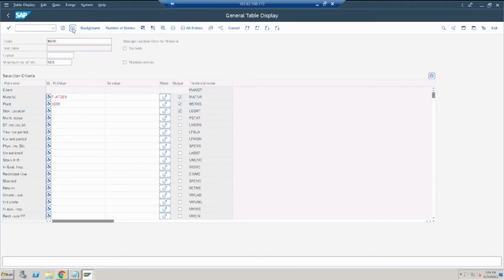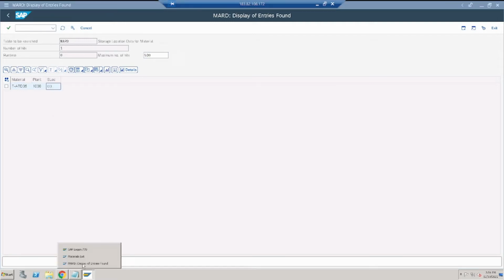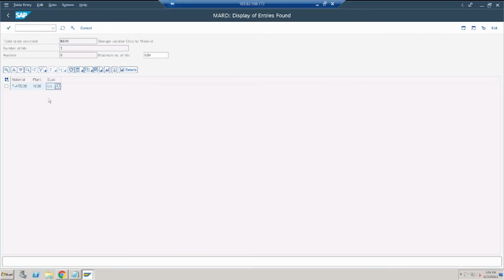I'll just execute. See, why is the storage location important? Because we have to check in which storage location the material is available, and only then can we adjust the quantity. See, the storage location is 0001, and how much quantity do we have? Around 2000, actually I didn't check it.